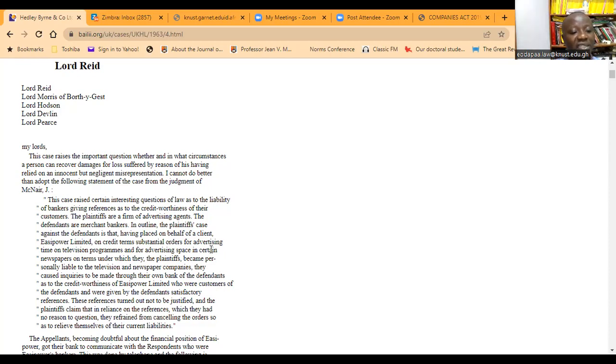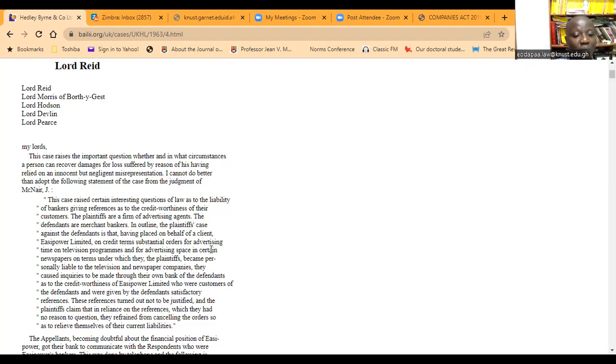In outline, the plaintiffs' case against the defendants is that, having placed on behalf of a client, Easipower Limited, on credit terms, substantial orders for advertising time on television programs and for advertising space in certain newspapers, on terms under which they, the plaintiffs, became personally liable to the television and newspaper companies,